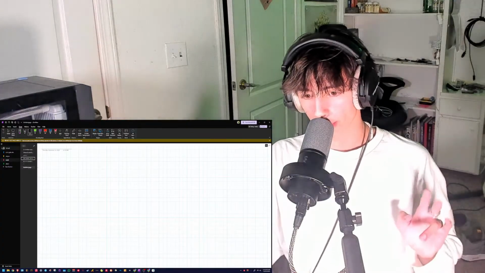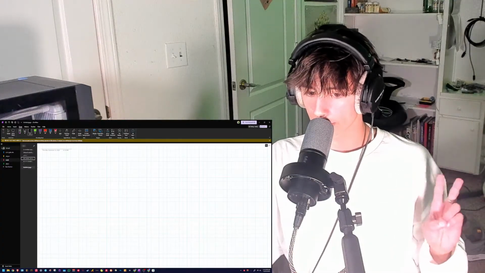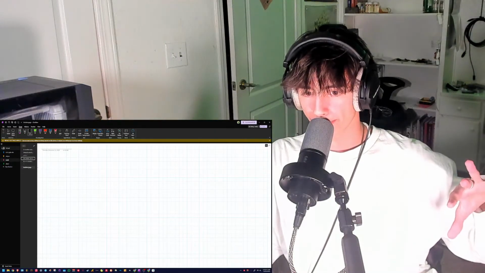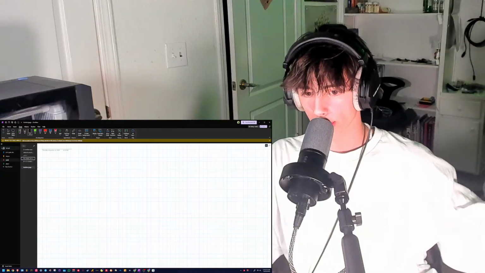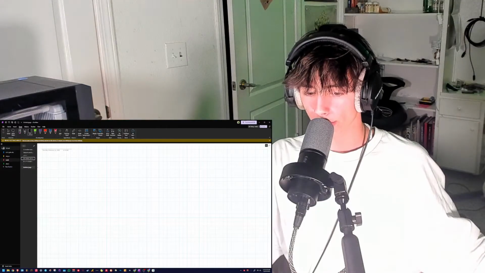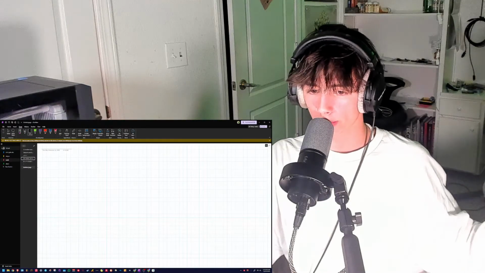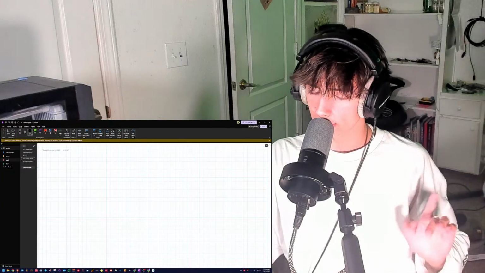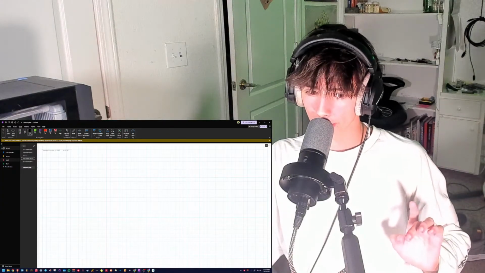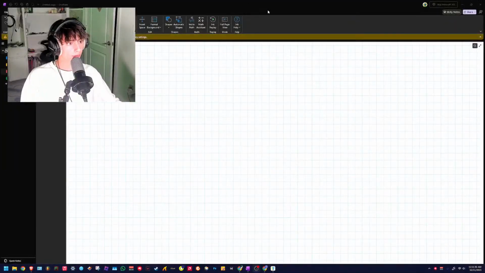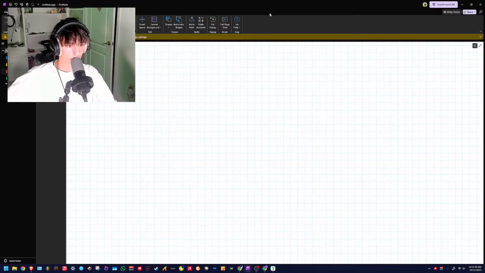So first up, what I'm going to be doing is combining X and Y motion vectors into polar coords. There are a variety of reasons why this might be helpful, but this is essentially what I'm going to be doing. So actually I'm going to switch over to this. So first thing we're going to do is start off with